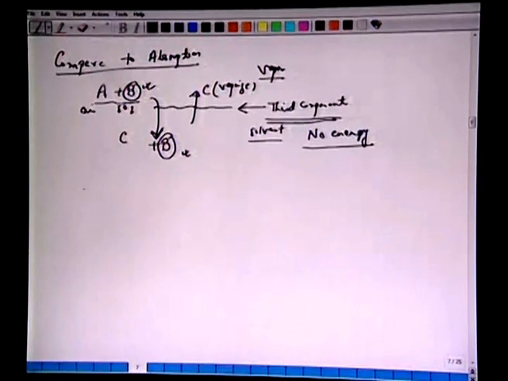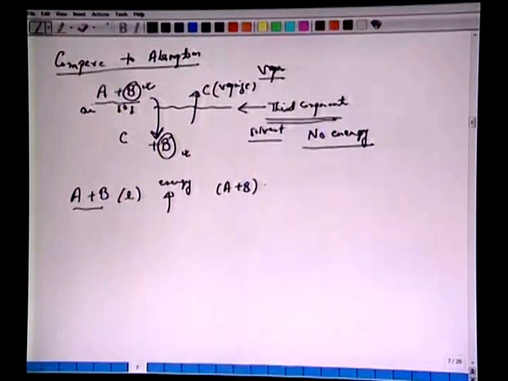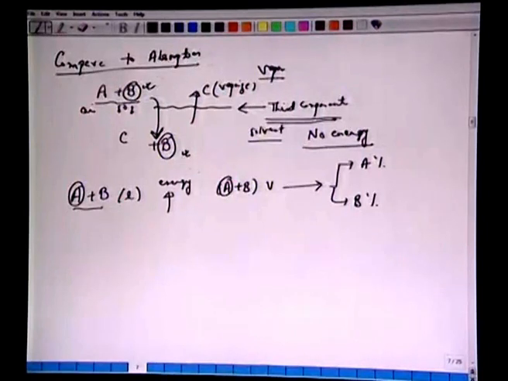In case of distillation, we have A plus B as a liquid phase, give energy to bring A plus B as a vapor phase, no third component, but now A will be richer than what we have in the liquid phase, and slowly if we do this, it is possible to obtain theoretically 100% pure A and 100% pure B. Unlike in absorption, only one stream can be pure, deprived of the sulfur dioxide, but the other phase is rich with B. So, that is the difference between absorption and distillation.